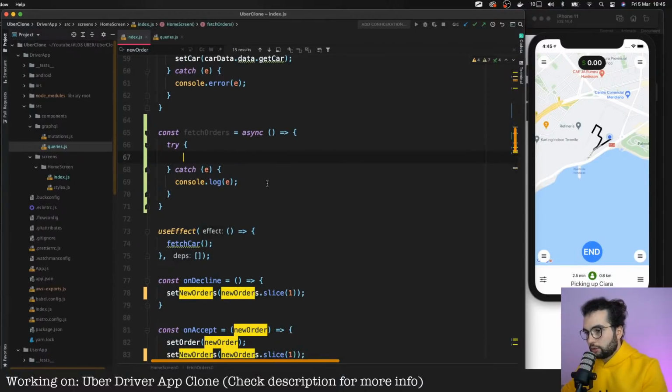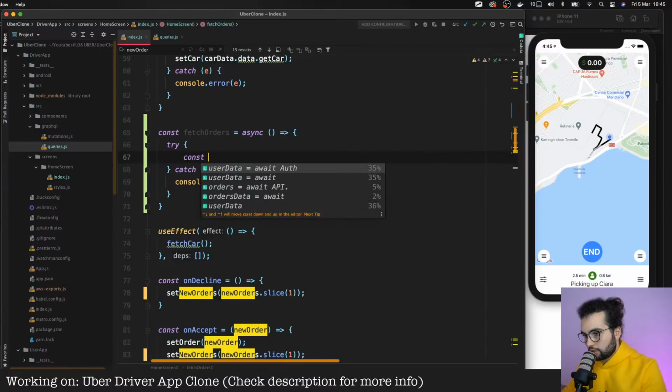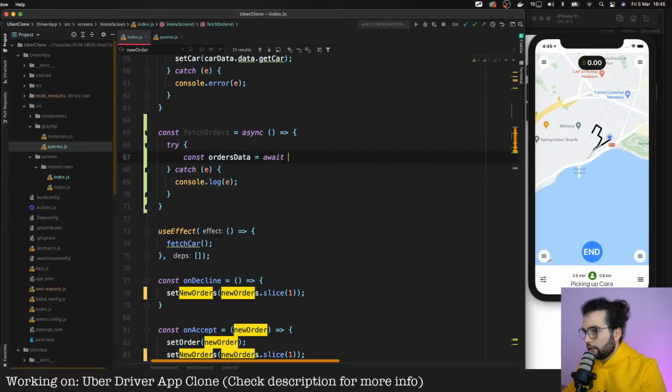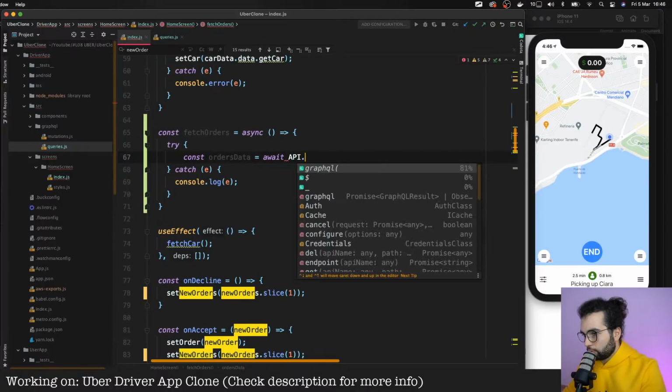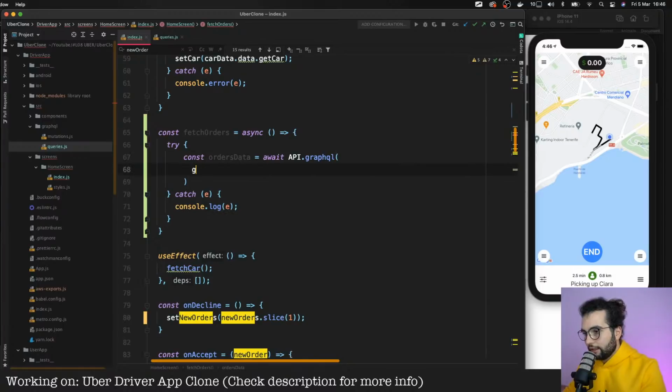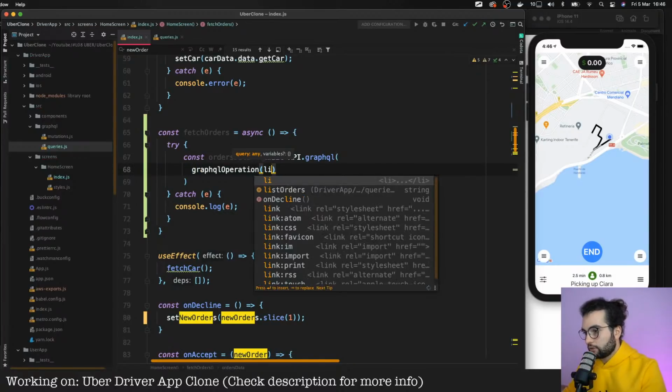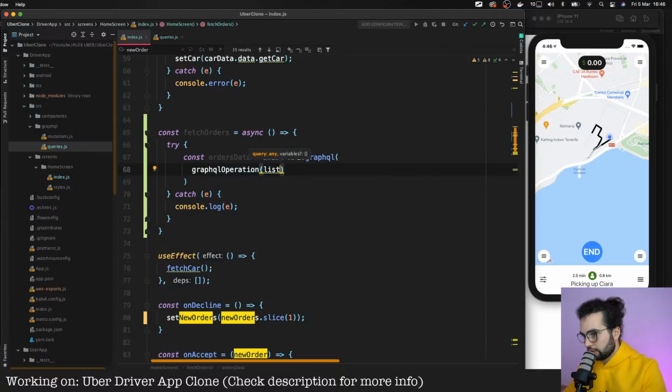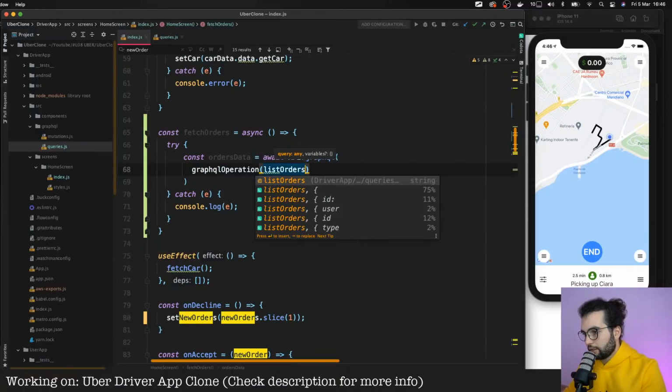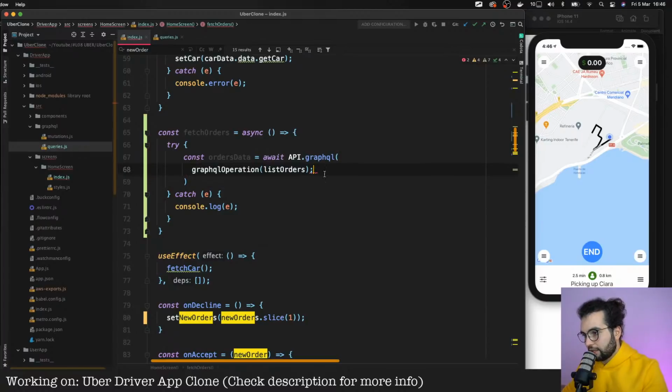Okay, in the fetch orders, we're gonna do const orders data is api.graphql, and we're gonna send the GraphQL operation, the list orders operation, and we don't need any variables so far.